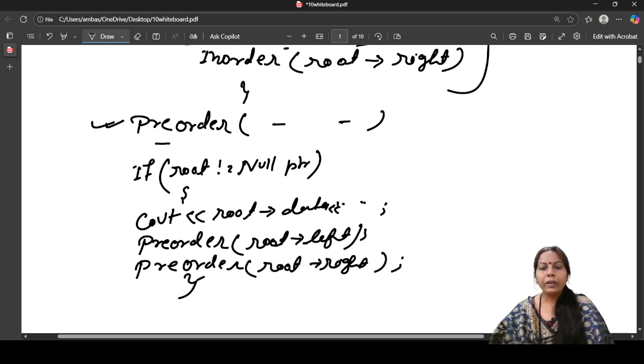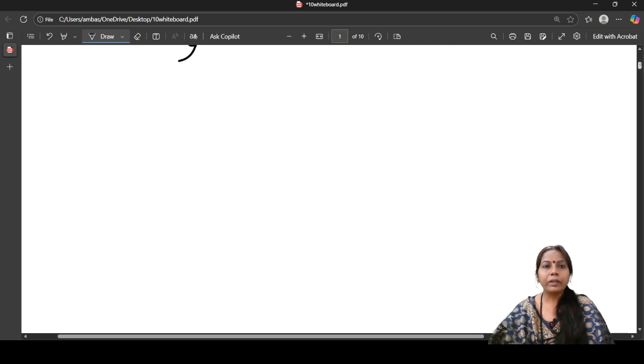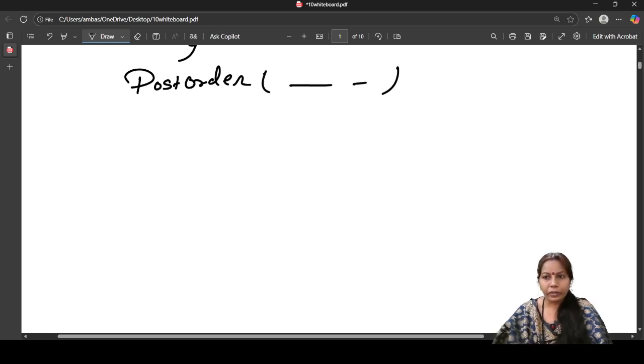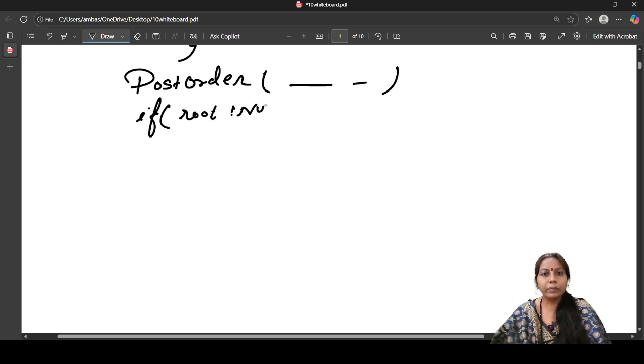Okay, now when I talk about post order traversing, अब अगर post order traversing की बात की जाए, definitely this is the function, ये हमारा function है, and here I will like to pass a parameter according to our requirement, and in this case again here I check the condition if our root is not equal to null ptr. अगर हमारा root not equal to null ptr होगा.